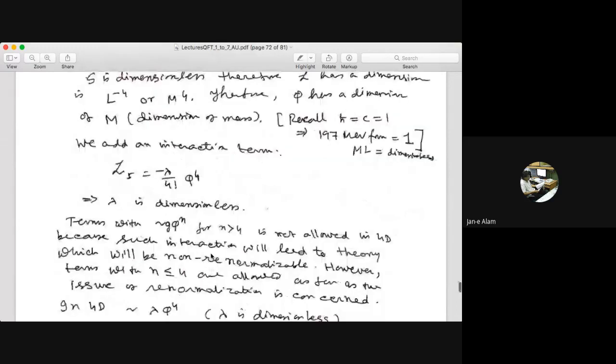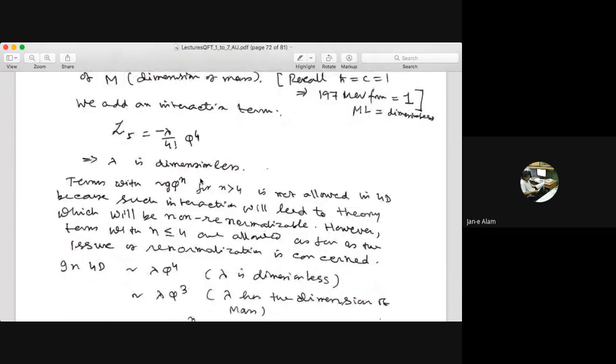But this is a very strong guideline: your coupling constant should either have no dimension or have positive dimension, not negative dimension. So phi 3, if you take that theory, is fine, it is renormalizable, right? But anything above 4 will make that theory non-renormalizable. I'll come back to this again, okay?